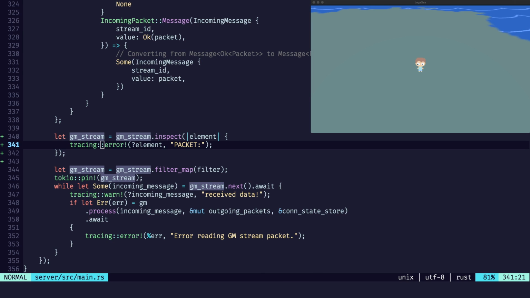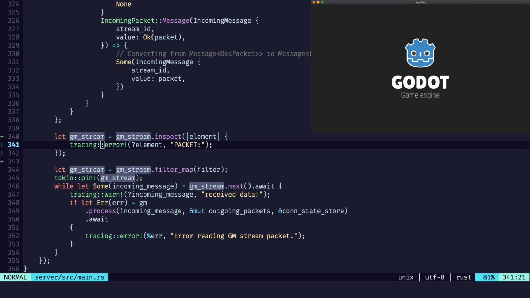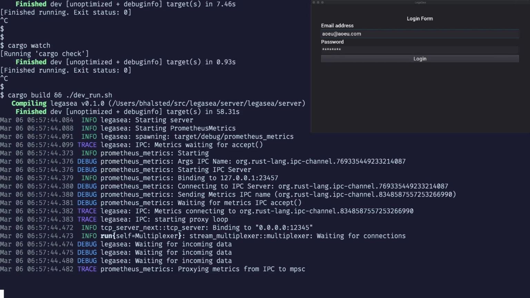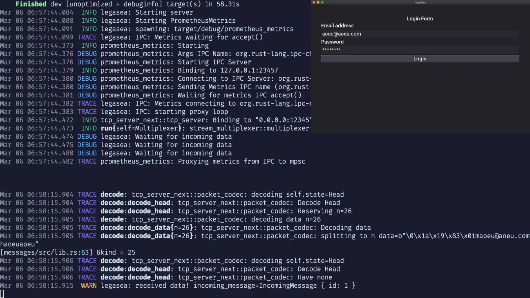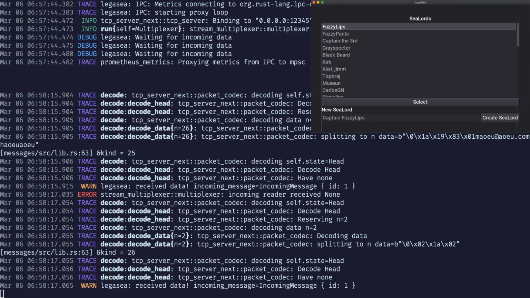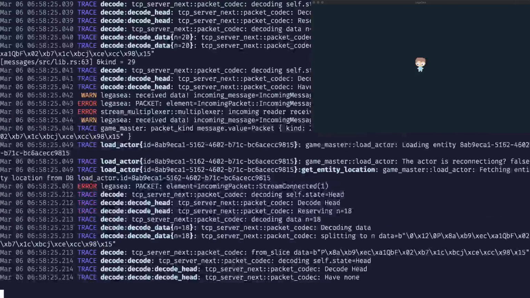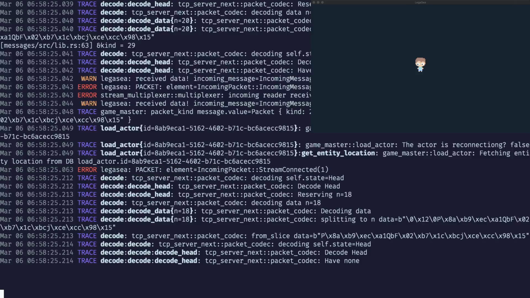So, lab back up, good, game, start that again. Log in. Now you can see both, I can't see both. There we go. Okay, there should be no logging yet. None of the new stuff. It only happens once we get to Game Master. Alright, so here we have stream connected, we got a packet, good. Now if I click,